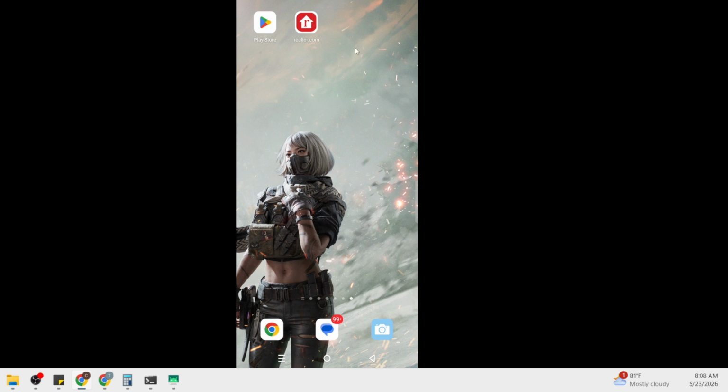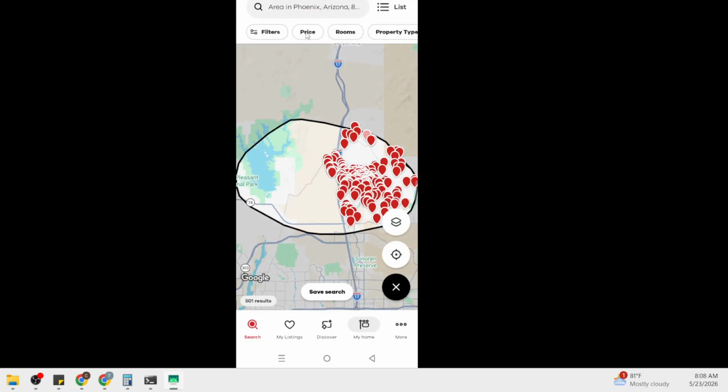First, open the Realtor.com app on your phone or tablet. If you're prompted to log in, go ahead and sign into your account. This keeps your preferences, saved searches, and notification choices tied to you, so the alerts you receive are relevant to your interests. If you use the app on more than one device, make sure you're using the same account everywhere so your settings stay consistent.